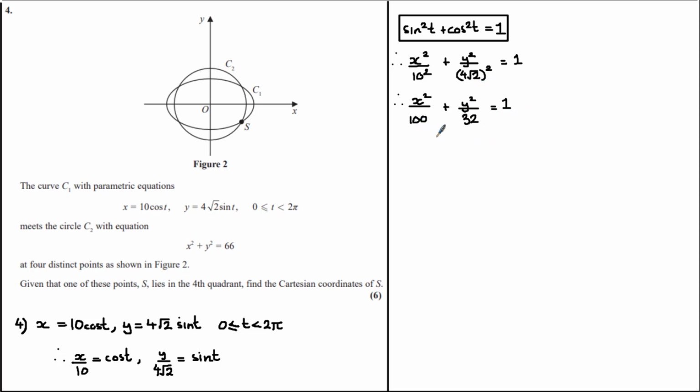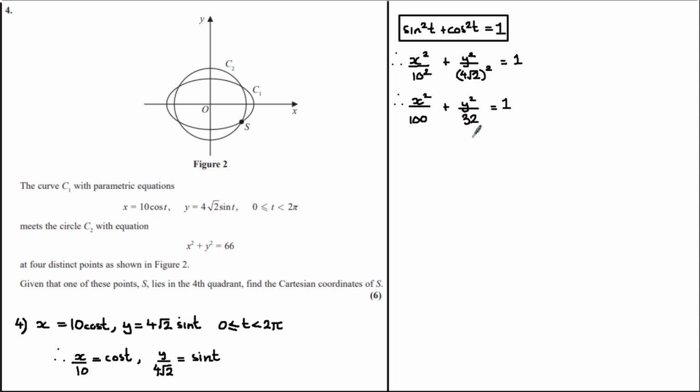We've now already converted the curve C1 into Cartesian form because, as you can see, we've gotten rid of the t. But let's just tidy this up so that we can make it easier to work with when we are solving the simultaneous equations of the curves C1 and C2. So adding these two fractions, in order to achieve a common denominator, we can simply multiply top and bottom of this fraction by 32 and the top and bottom of this fraction by 100,